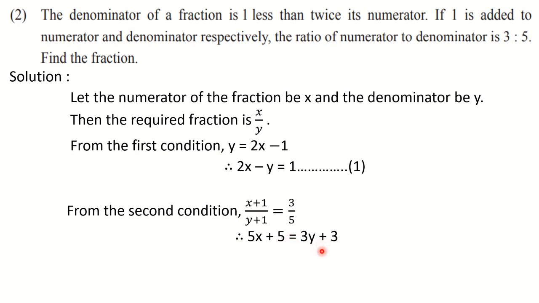Now let us convert it to standard form. So this 3y we will shift to LHS and this plus y we will shift to RHS. So what we will get here? 5x minus 3y is equal to -2. See, 3 minus 5. Okay, so the answer is -2. Be careful here. So this is our equation 2. The equations are framed. All of you please copy it down. And also think what you can do further to solve these equations.